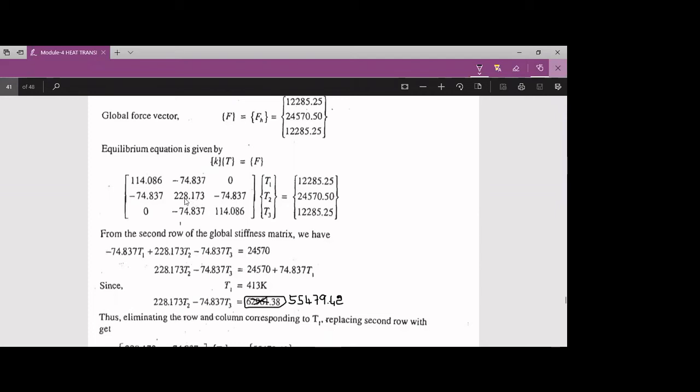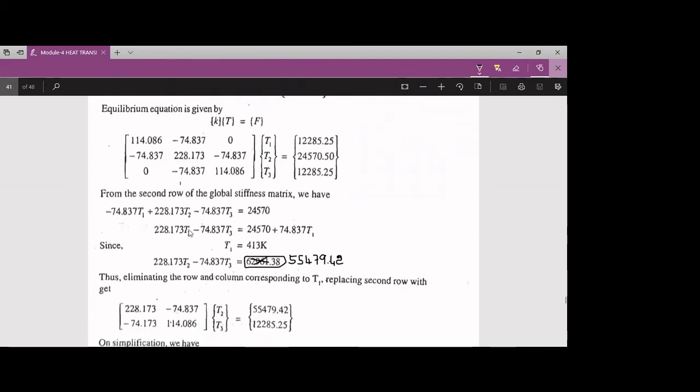So we are going to follow these steps to handle this condition. How do we consider the product 74.83 into T1 in the calculation of T2 and T3? Now, you know that force is always stiffness into deflection, that is, for heat transfer problems, the stiffness coefficient value into temperature. So 74.83 into T1 is again nothing but a force, because it is stiffness into temperature, which gives a force vector for the heat transfer problem.